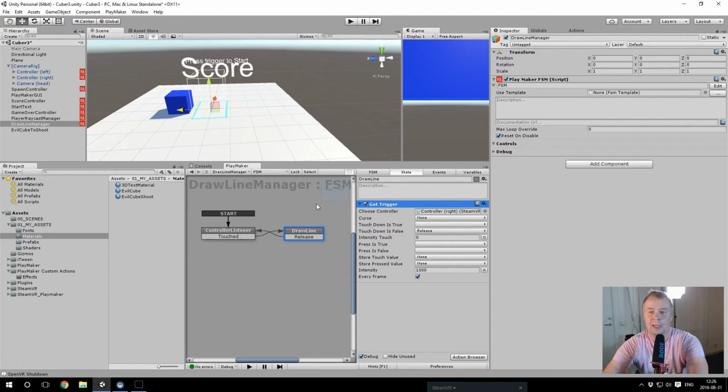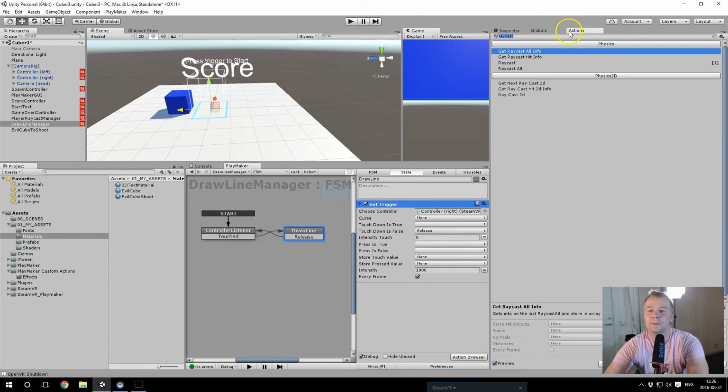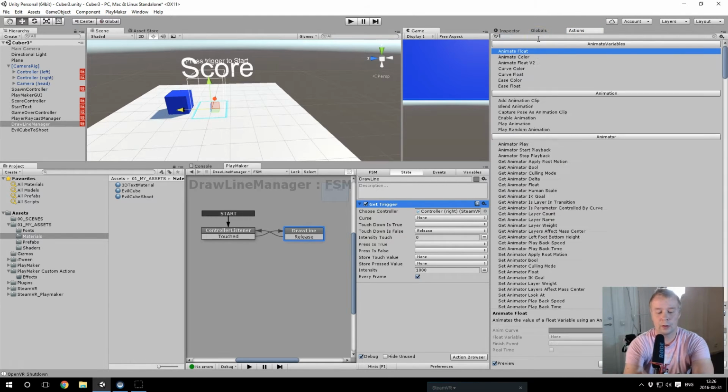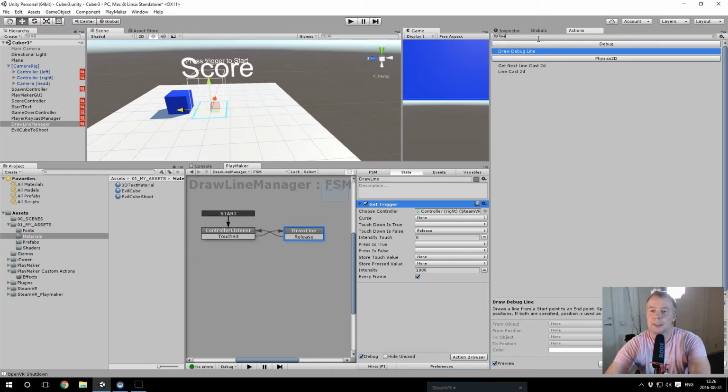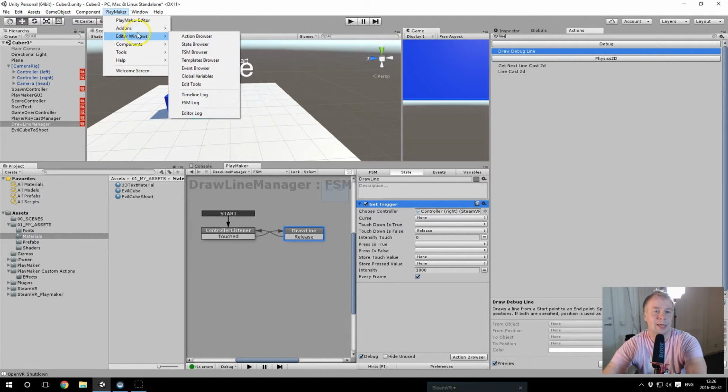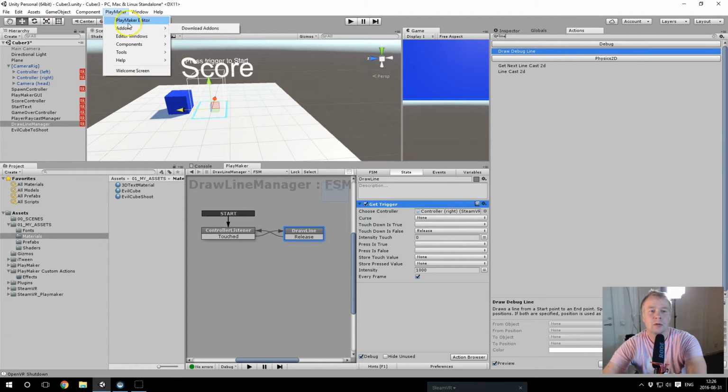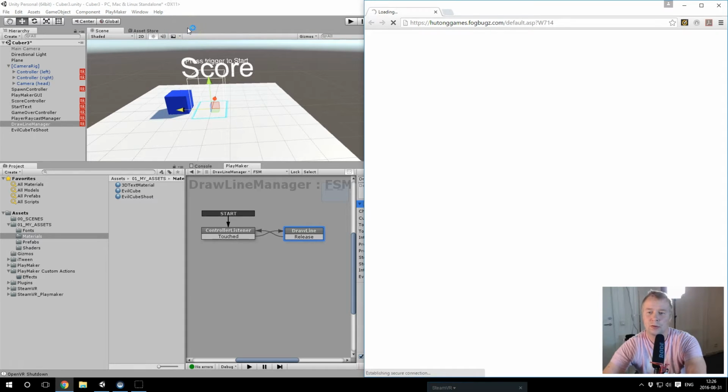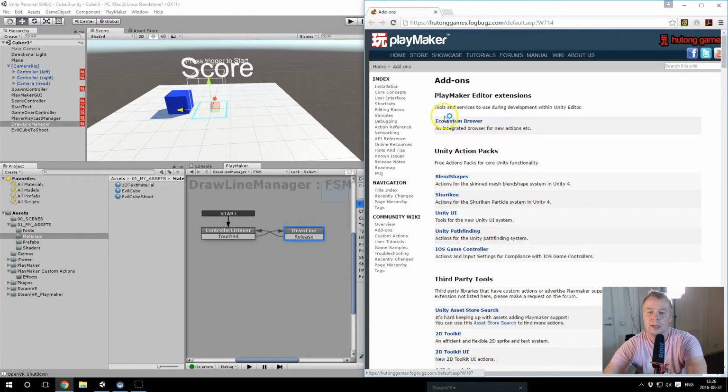So now we want to draw a line, and we can draw our lock here, line, draw debug line, we're doing that already, and line cast 2D. So we don't really have what we want. So this is where something awesome comes to play, and that is the Playmaker Ecosystem. So I'll go to the Playmaker menu and choose download add-ons. Your browser will start, and then you want to get this ecosystem browser